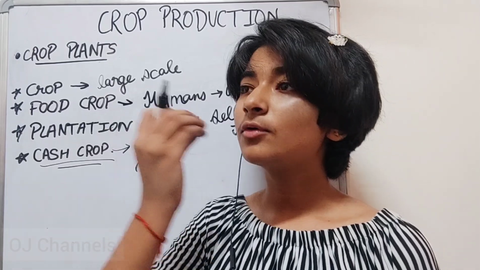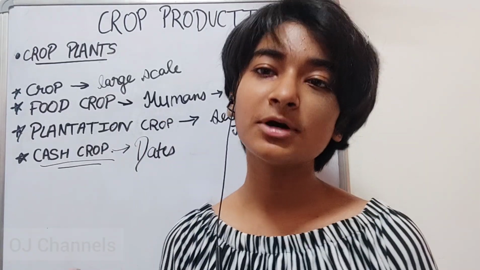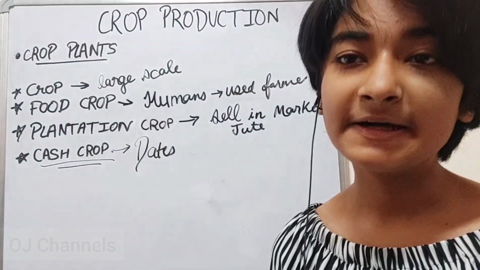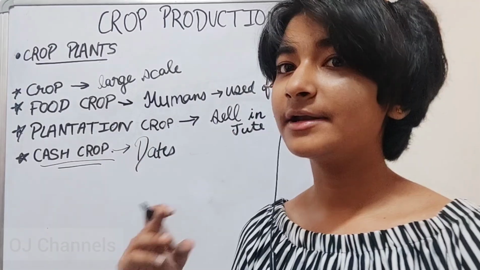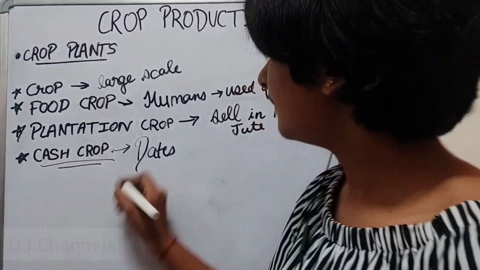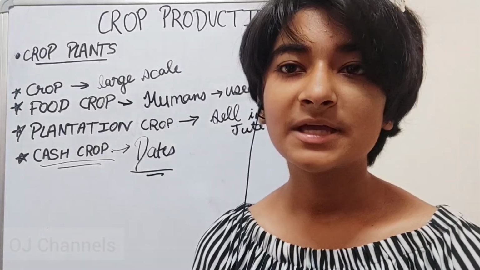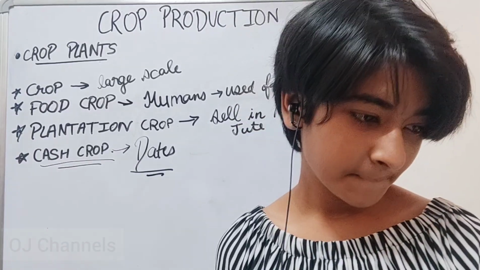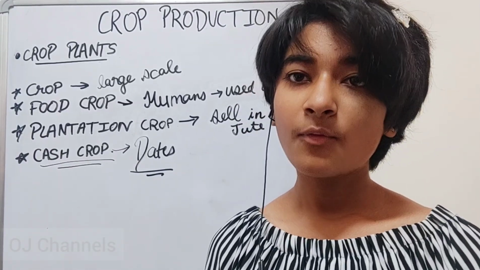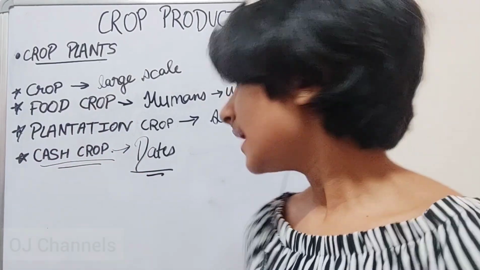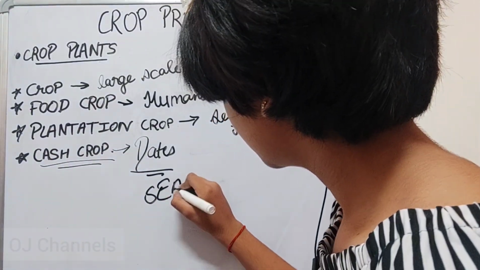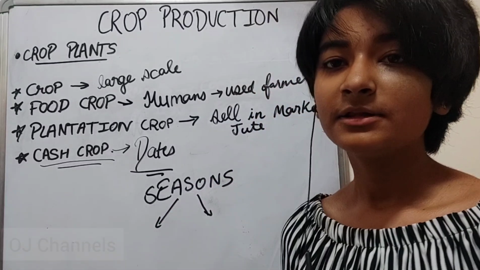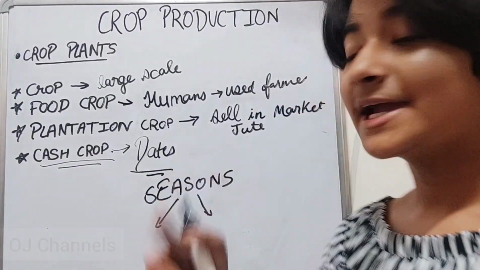बिकॉज अगर ये इसको खुद खाएगा, खुद यूज़ करेगा, तो ये लॉस में जाएगा फार्मर. और अगर ये कैश क्रॉप्स को वो मार्केट में सेल करेगा, उसको बहुत अच्छा मनी मिलेगा एंड ही विल बी रिच. सो द एग्जाम्पल ऑफ कैश क्रॉप्स विल बी डेट्स, बिकॉज वी कांट ईट द डेट. सो हियर वी हैव क्रॉप्स व्हिच आर डिवाइडेड ऑन द बेसिस ऑफ सीजन्स. अब सीजन्स के बेसिस पर भी क्रॉप्स डिवाइडेड होते हैं. द फर्स्ट क्रॉप इज राबी क्रॉप्स, सेकेंड इज खरीफ क्रॉप्स.